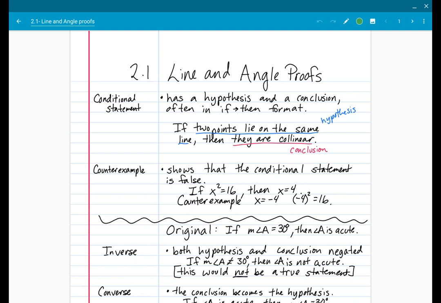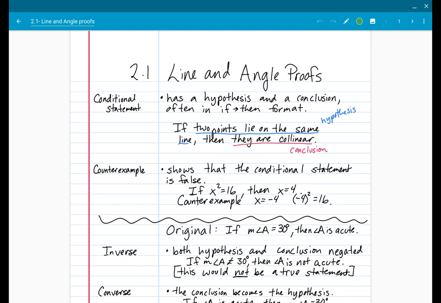A conditional statement can be proven incorrect or false if you can provide any single counterexample. So one counterexample causes the whole statement to be considered false. For instance, if x squared equals 16, then x equals 4. Even though this is seemingly true, 4 squared is 16, you have the counterexample that x could also equal -4. So if x squared equals 16, then x could be 4, but it could also be -4, which makes the